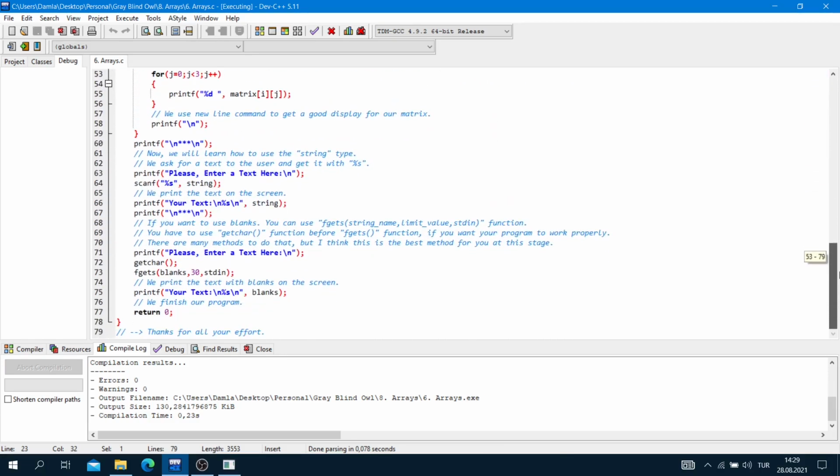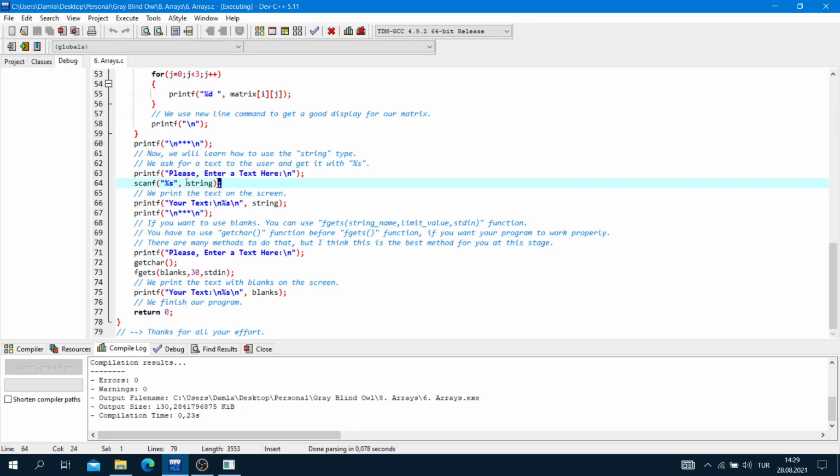Now printf, "please enter a text here". We ask the user for a text and get it with %s, for strings. scanf("%s", blanks); We do not use an ampersand here, because an array is already an address.